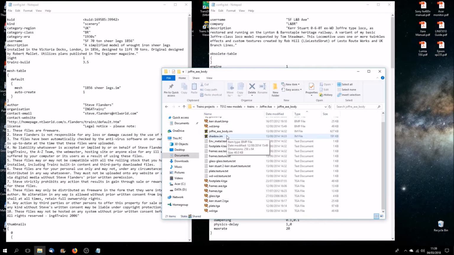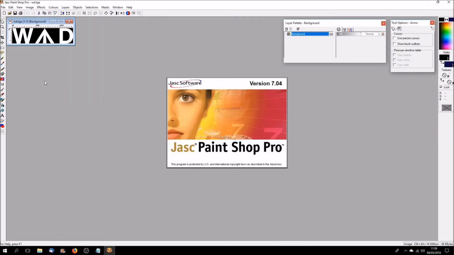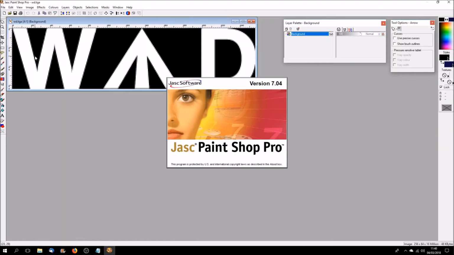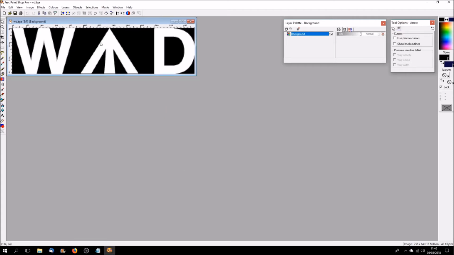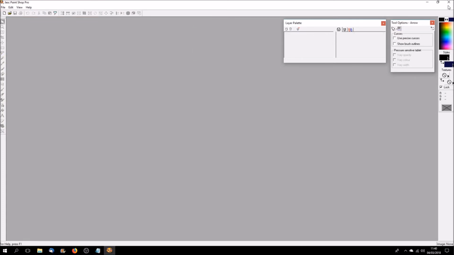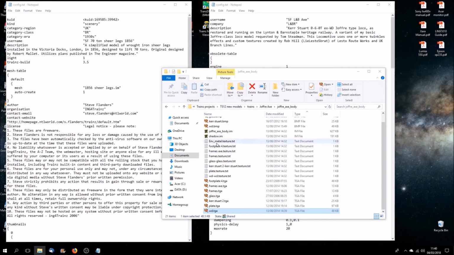For example, if we come down here to the WD texture and I load it up, there it is in just a simple texture file, 256 by 64, and then the opacity file hides all of this black. So we just get the white letters WD with the arrow, and I just put that on the side of the locomotive. All of these files down here are the ones that control how the textures work,